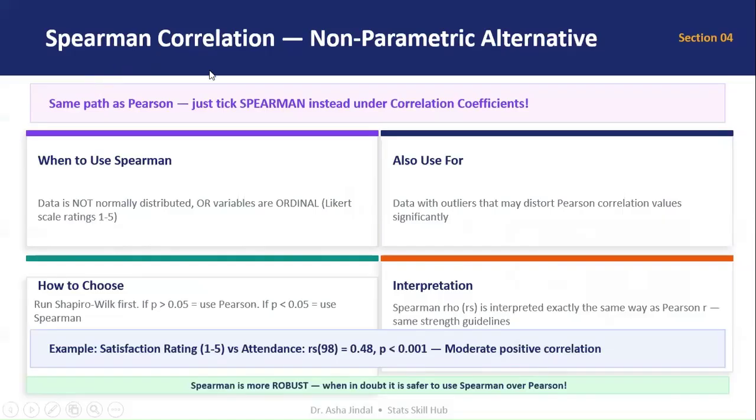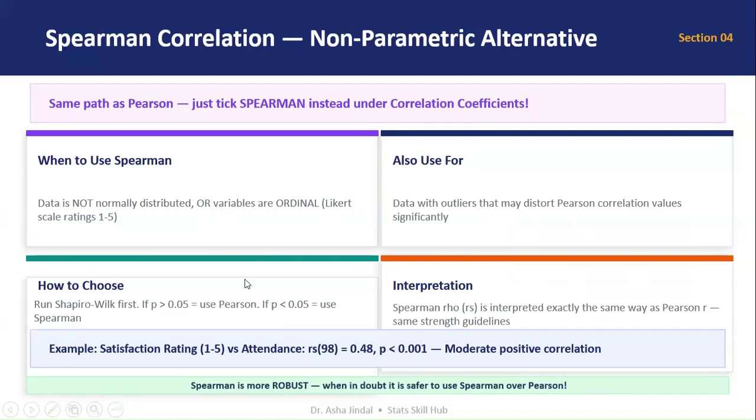Let me discuss Spearman correlation. Spearman is the non-parametric alternative to Pearson's correlation. It is used when data is not normally distributed, variables are ordinal, or when outliers heavily affect the data.